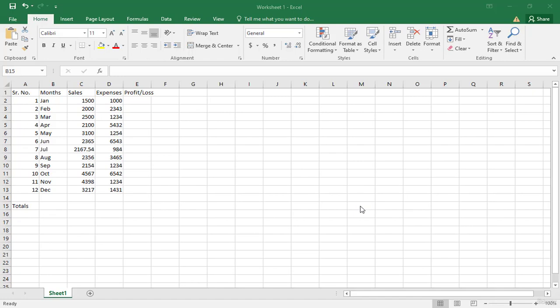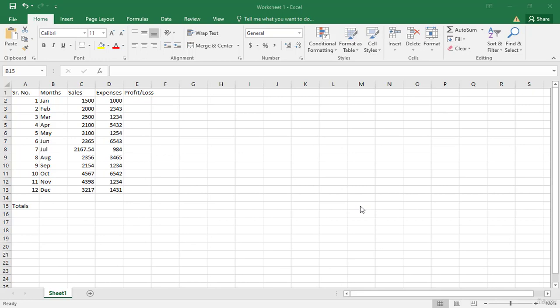So after entering the data into Excel and saving the file, it's time to apply some formulas. Welcome to the world of Excel calculation formulas. Now we will look at the various ways that you can do calculations in Excel. Obviously, I will start at a very basic level, and after that I will also show you some advanced level